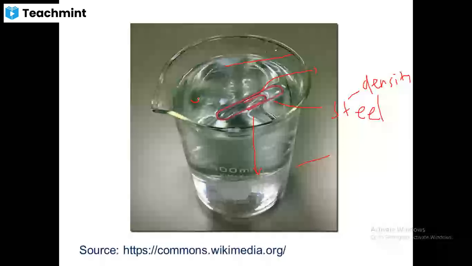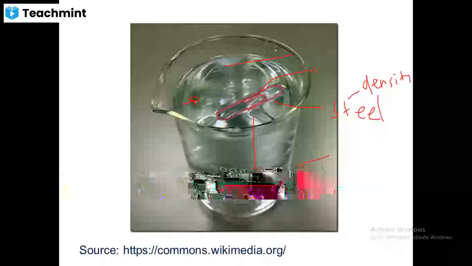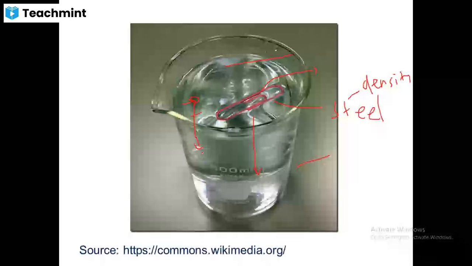Whenever you have water, if you take any material here, if the density of this material is larger than the density of water, then those materials always go down. If the density of this material is lesser than the density of water, such materials will always float on the surface. This is the principle on which they build the ship and all those things.